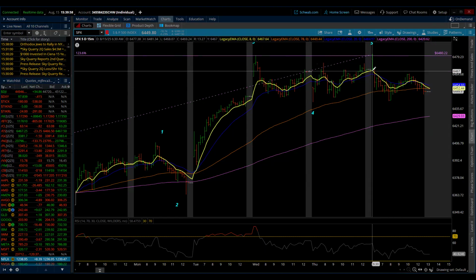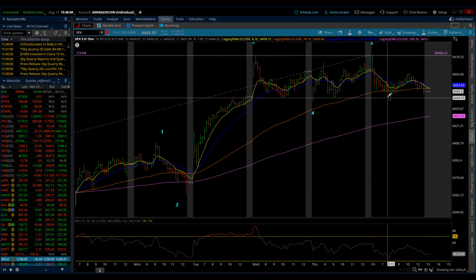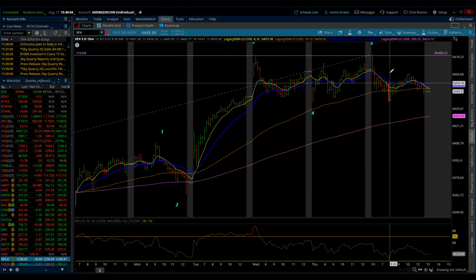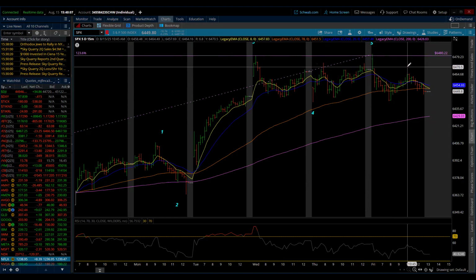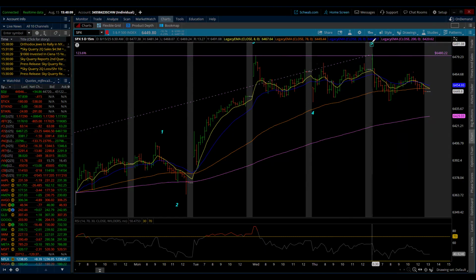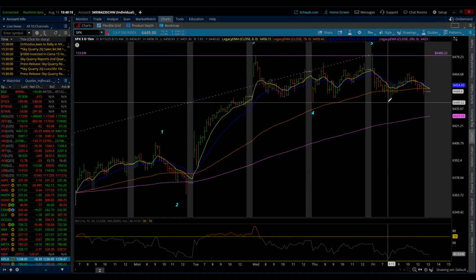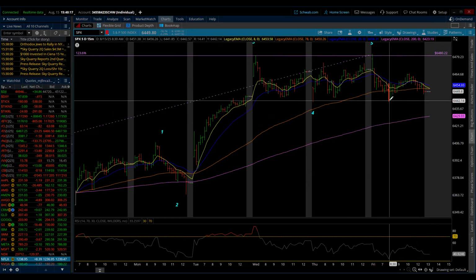So either I have to come up here to go 1, 2, 3, 4, 5, and then put a 1 here, and this is an ABC, and I'm going to put a 2 here of a smaller degree, and now we're starting back down in a third. And the third should pick up some steam and should easily break below 64.42, which again was the low today.